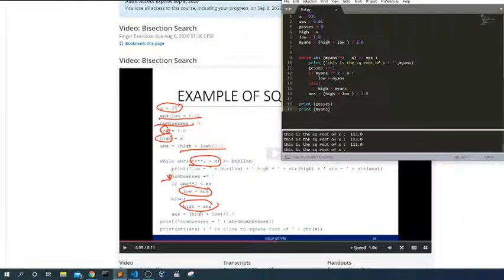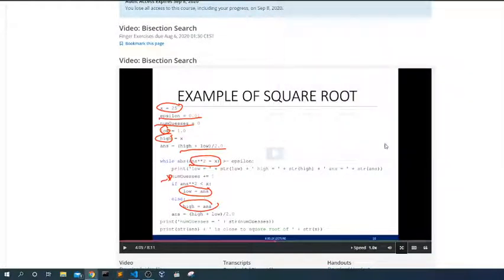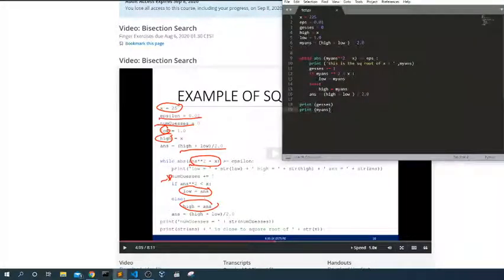Let's build it. And it's not stopping. Why? I have no idea. Did I miss something?